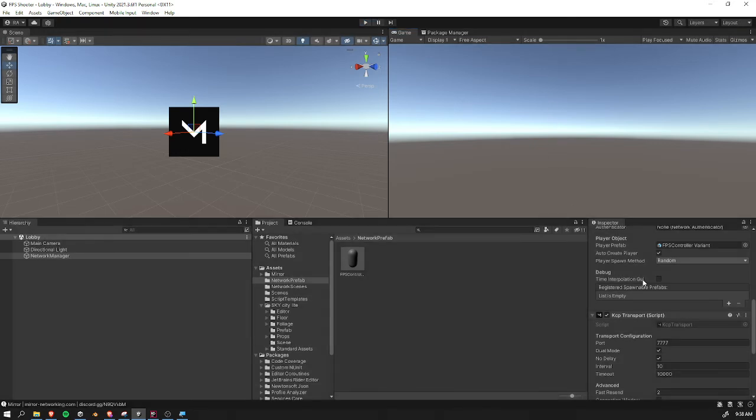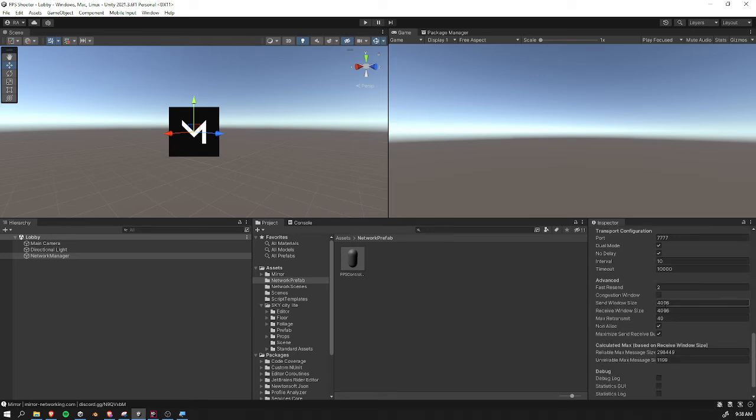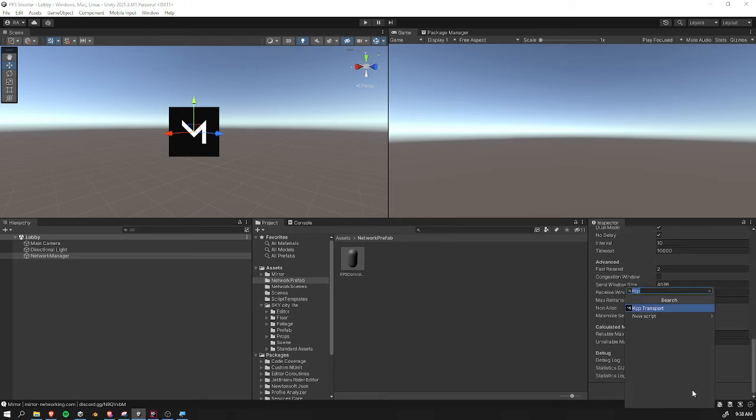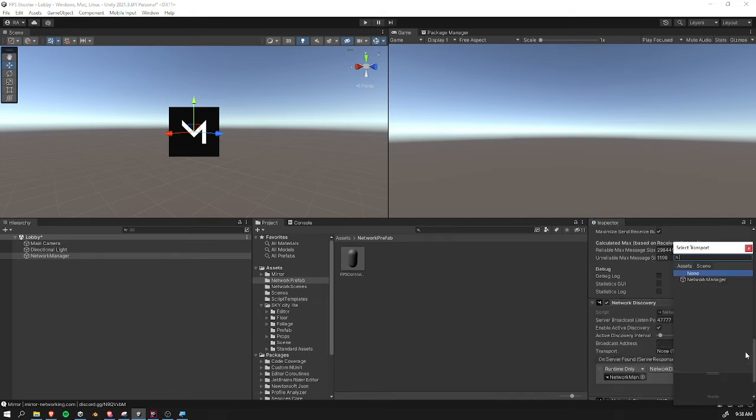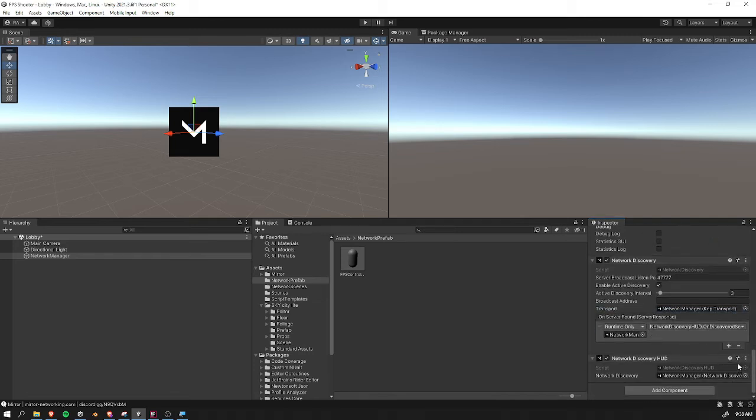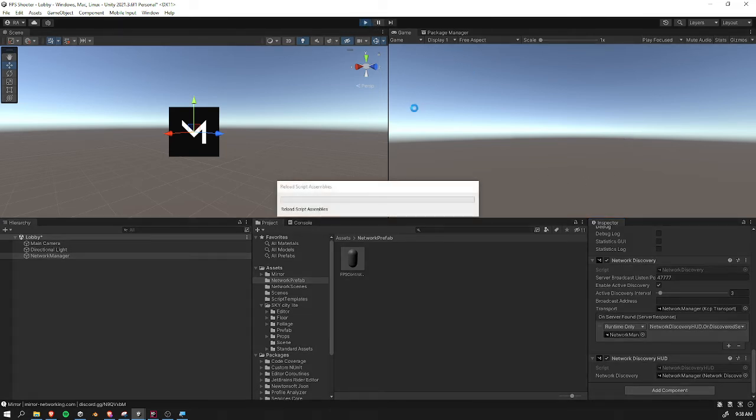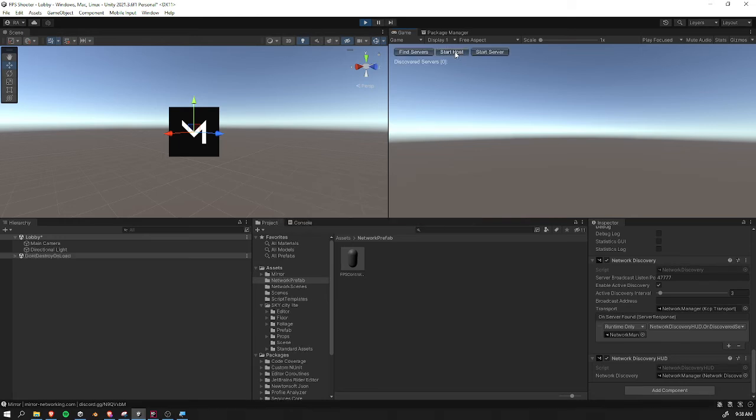So I have to create a UI that can allow me to create or join the servers. Mirror provides some built-in system, but of course we are going to replace it with our custom discovery system. But for the time being we are not going to use it because I have to keep things minimal. Okay, so good. Now I'm going to start the game. So as I start the game, I'm clicking start host,